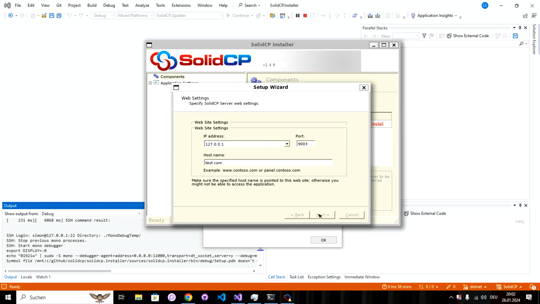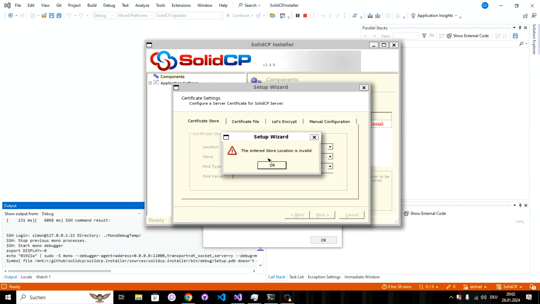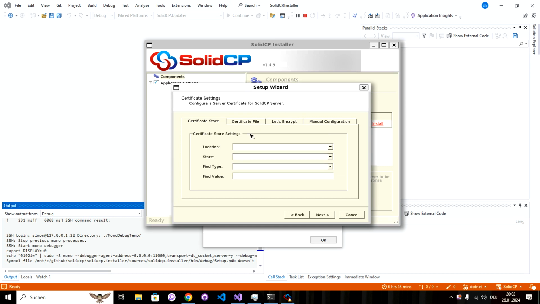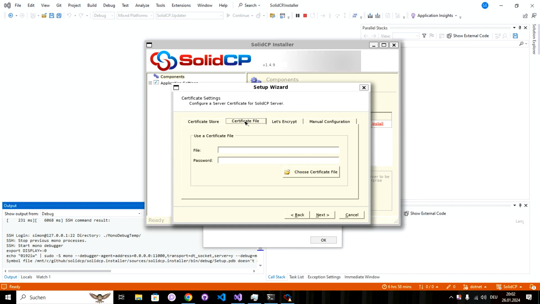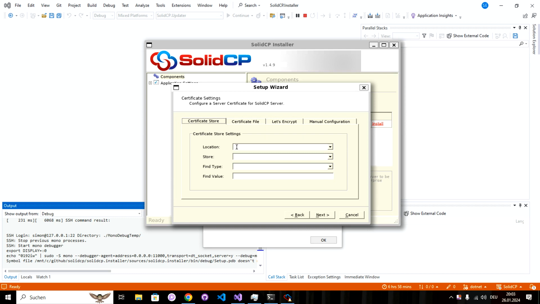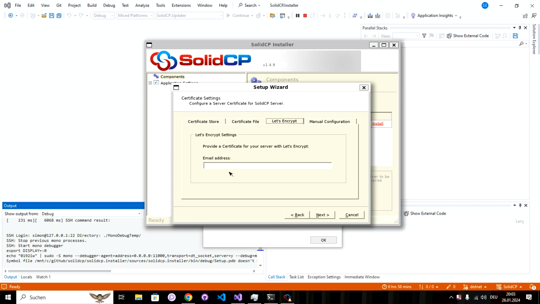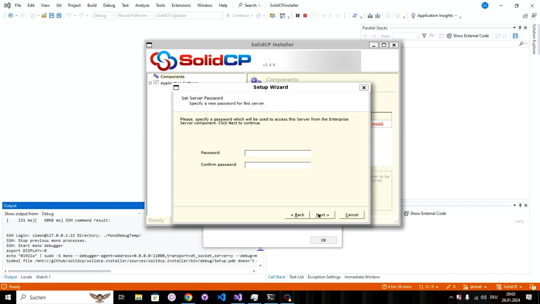So next, we have to configure a certificate in order to use HTTPS and for WCF to have a secure binding. Here you can specify a certificate file with a password, or you can choose a certificate from the store, or you can use Let's Encrypt to get the certificate, or you can choose manual configuration. And then we have to specify a password for the server,